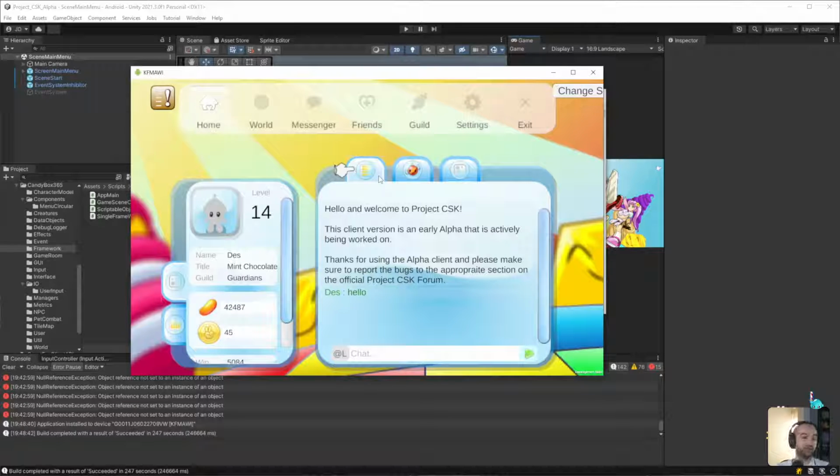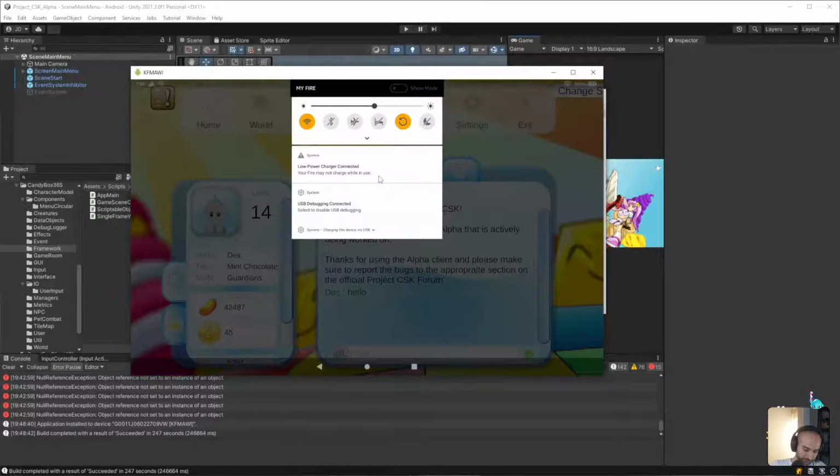But what I want to do though is connect my Xbox controller over Bluetooth to my mobile device, because this is my test kind of thing, right? So we'll activate that. Let's see, did it connect?